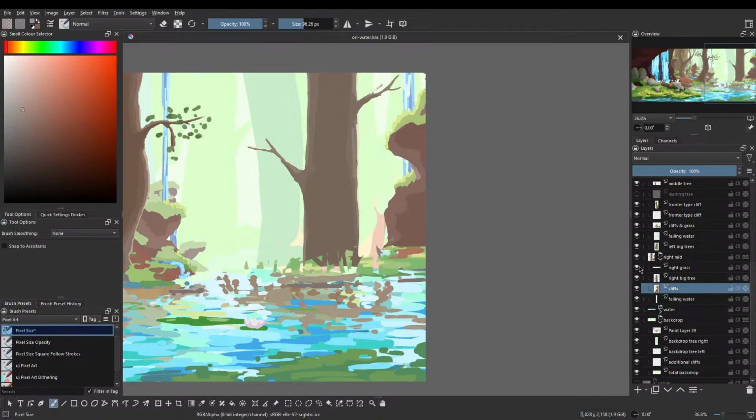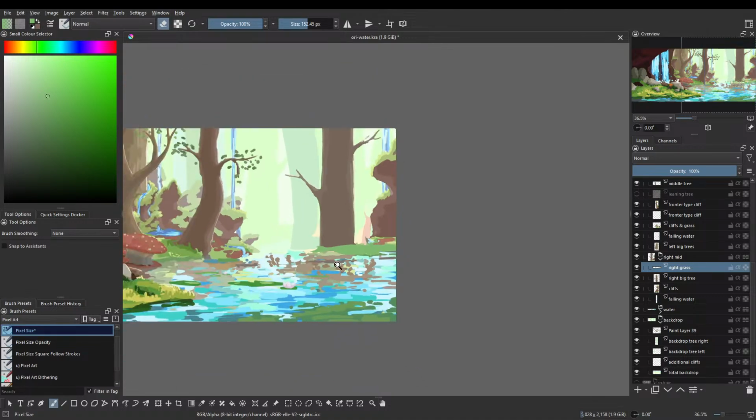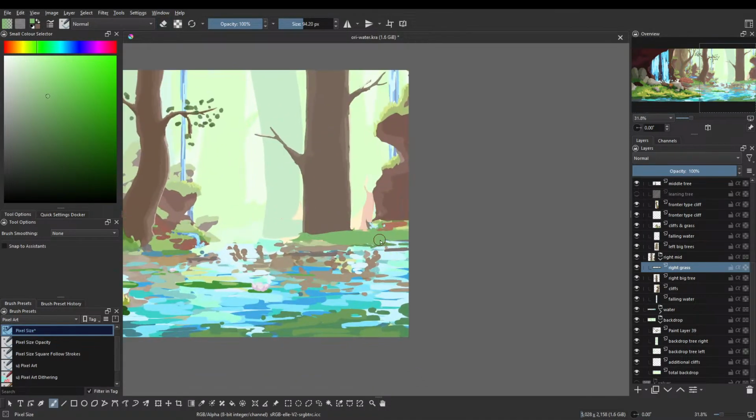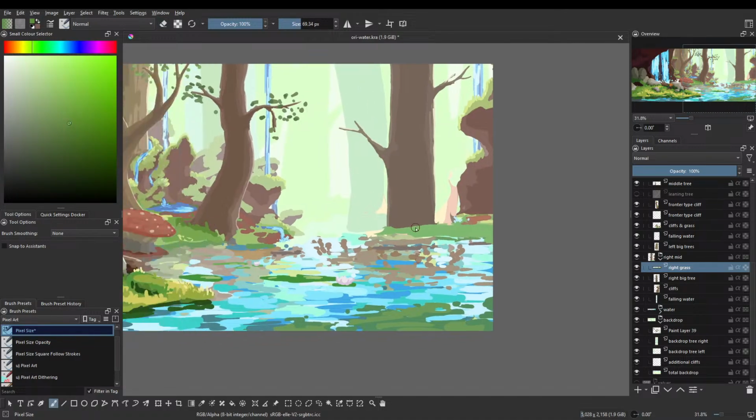Yeah, this grass is also on a separate layer, and this is completely messed up due to what I've been doing with the foreground. I'd probably just do something like this. Maybe cut into it a little bit. Something like that.